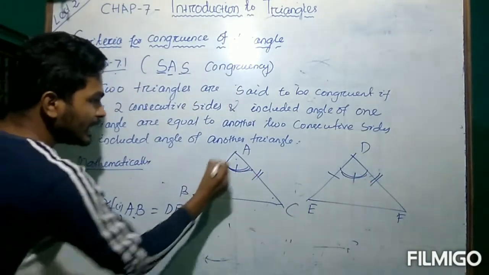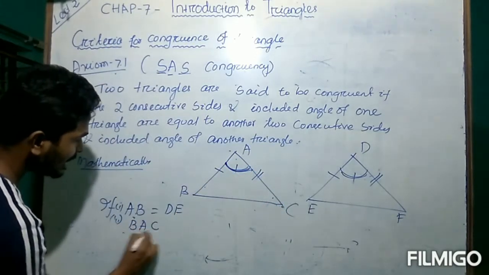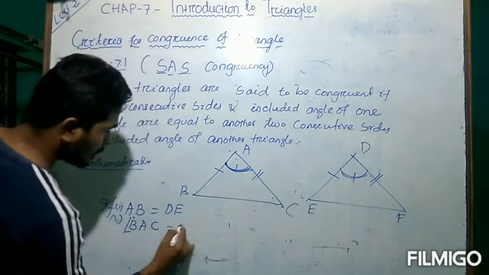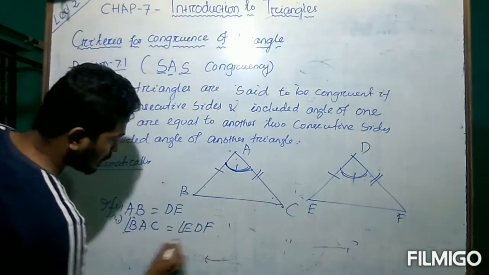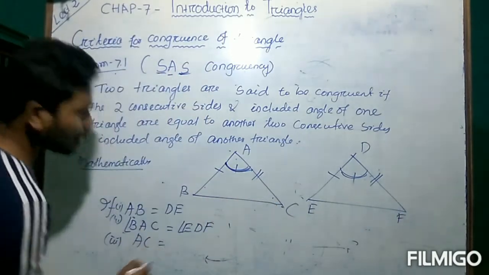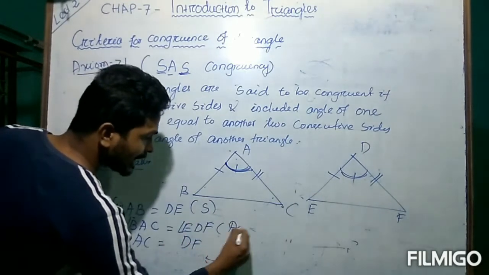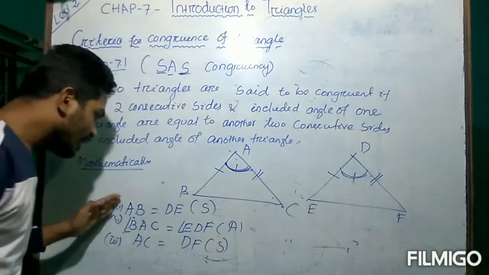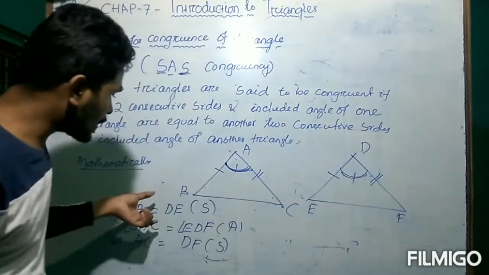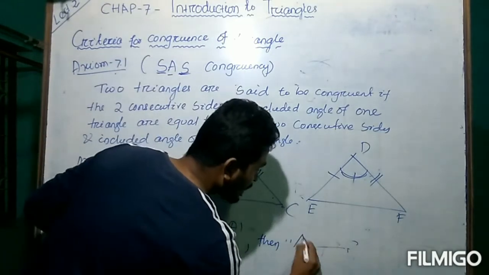This angle means BAC angle, or you can simply write angle A. Suppose I am writing BAC angle is equal to which angle? This angle, EDF. And the third condition is for side AC is equal to DF. So this is for side, this is for angle, this is for side. So if the two consecutive sides and the included angle are equal to another triangle's two consecutive sides and included angle, then this triangle